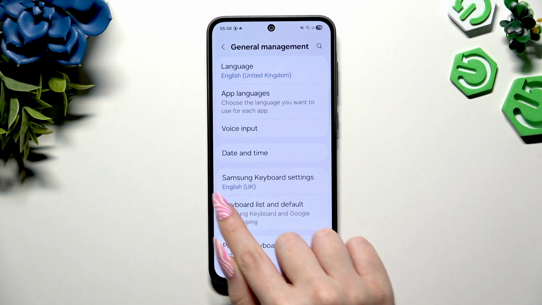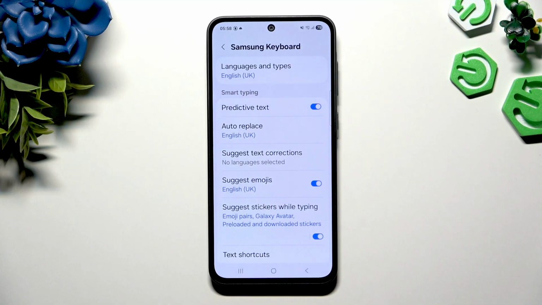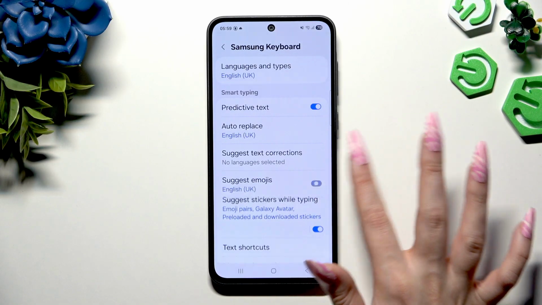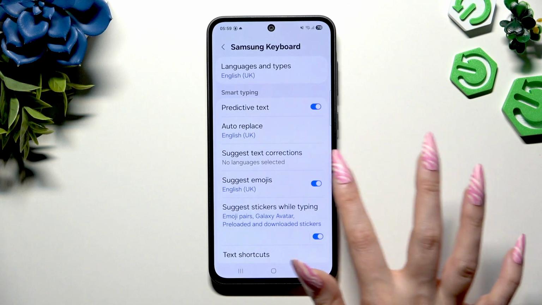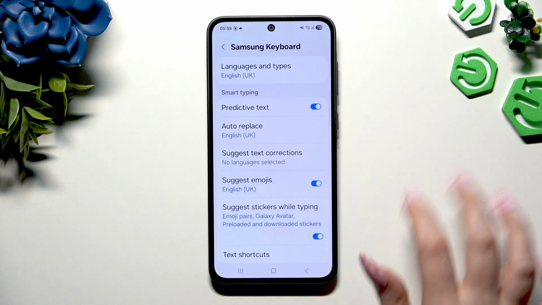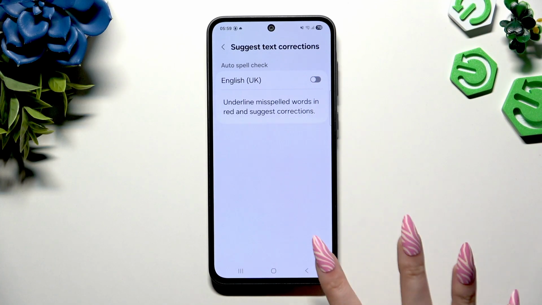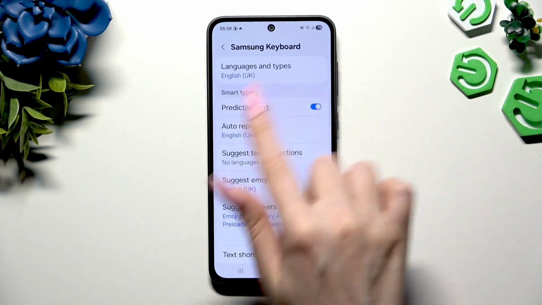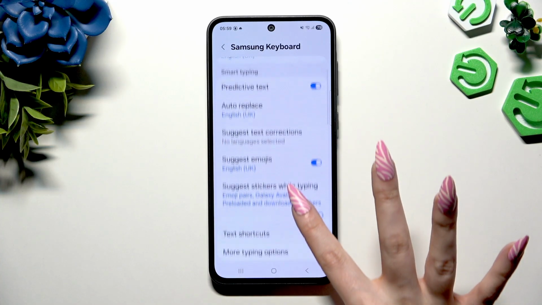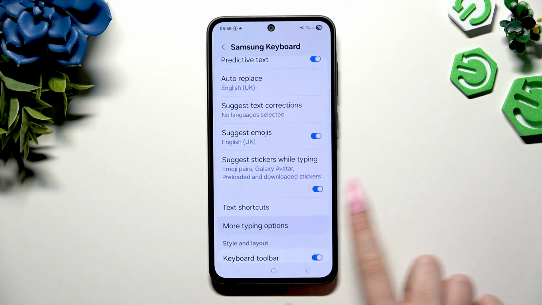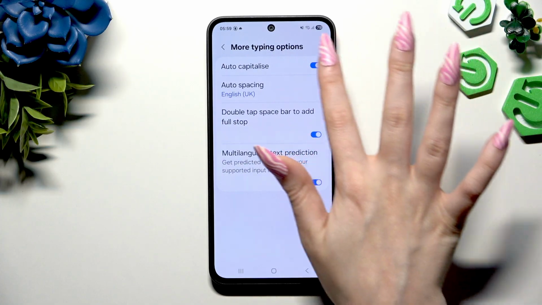Now tap on Samsung Keyboard Settings and operate all of those options under Smart Typing however you want to. You can tap on switchers next to them or click on the chosen ones and use switchers within. When you're finished with all of those, scroll down a tiny bit to hit more typing options and operate them